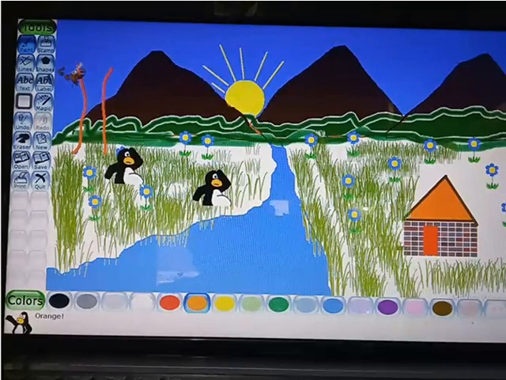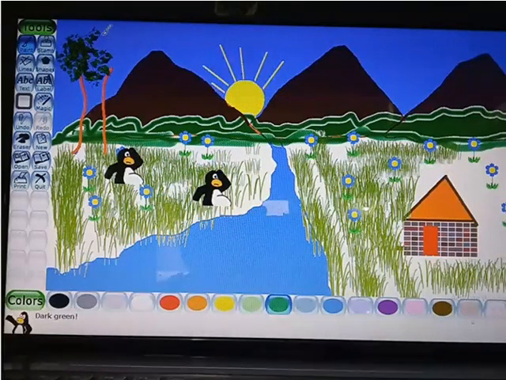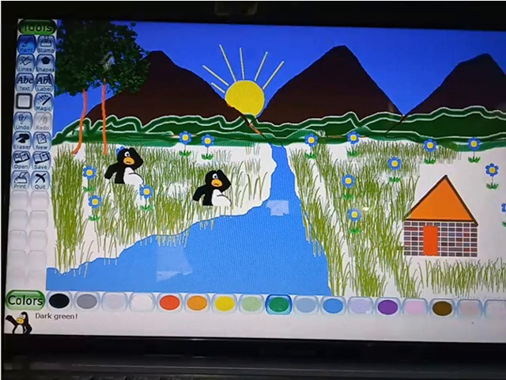This color is not the one I chose, so let's choose the color first. We will use green color here. So these are the leaves of the tree. As many times as you click, that many leaves you can draw. This is how you can draw the tree over here.